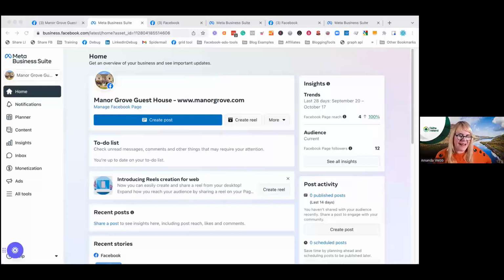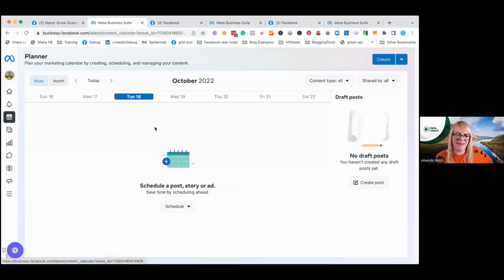So the first thing, let's look at how we can schedule and create content within Business Suite. And it's these 2 on the left-hand side, Planner and Content. These are the 2 places that you can create and schedule. And then a big blue button in the middle of the screen. I can do it from here as well. But I'm going to go into Planner because it's my favorite bit. And look, there's lots of places I can do it from here. I can either schedule from here, I can do from here,